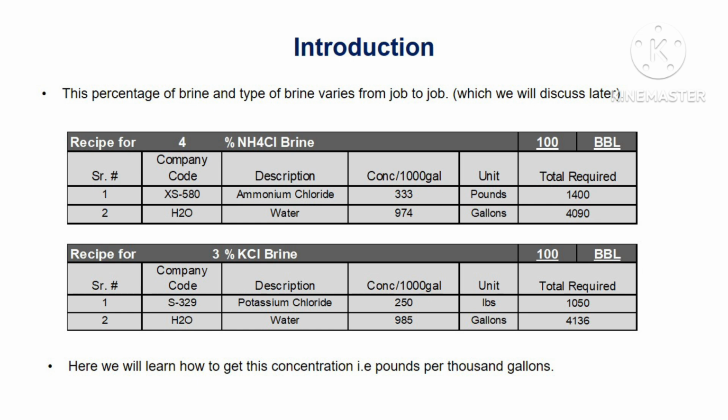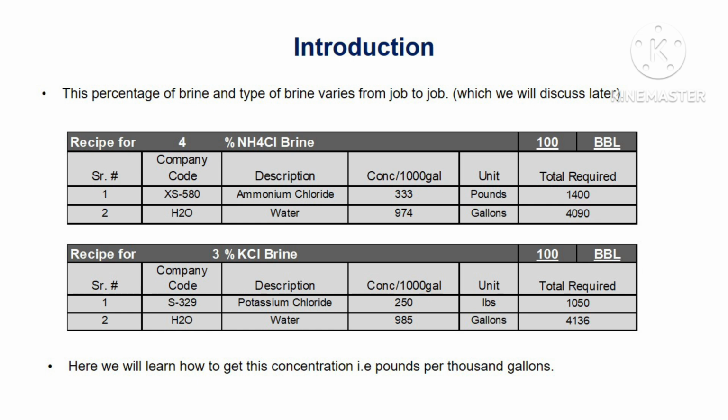The percentage of the brine and the type of brine varies from job to job. For example, here we have two recipes. The first table is 4% NH4Cl brine, and the second one is 3% KCl brine. How to decide this percentage, 4% or 3%, we will discuss separately. But for the time being, what we are interested in is how to calculate this concentration, that is pounds per thousand